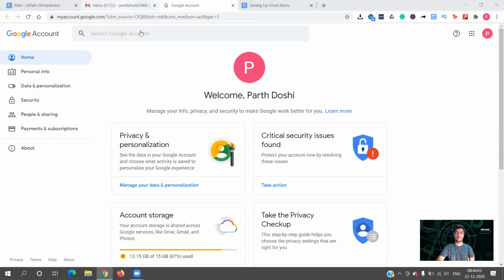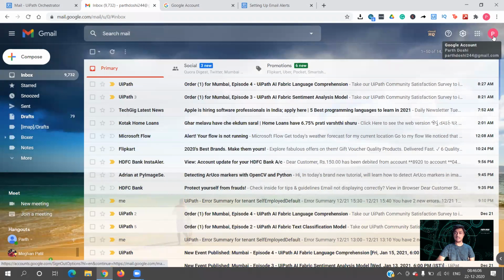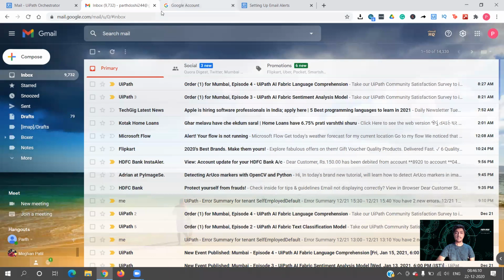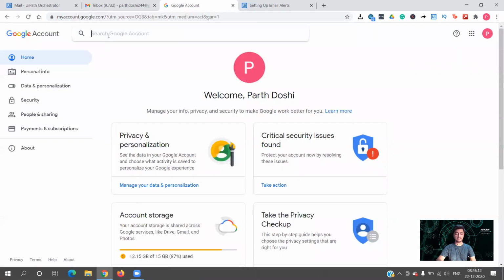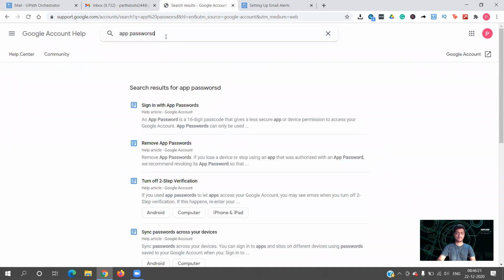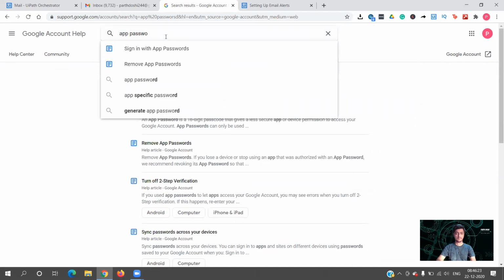It's very simple. When I go to my Gmail account and see manage your Google account, I need to click on that and then we'll get this screen. Here I just need to type app password. I think the spelling is wrong. App password.